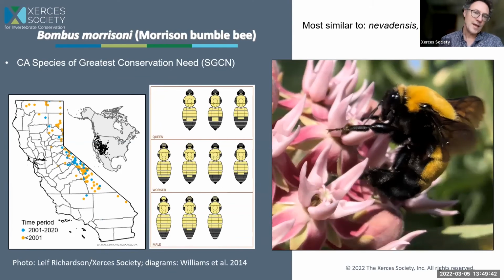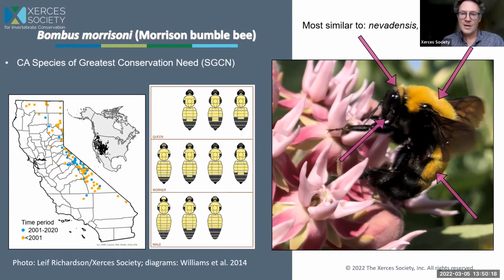This is a closely resembling species that is not doing well. This is Morrison bumblebee. It is on California's SGCN list. It's one of the 6 species we're really concerned about. It is yet another species that is mainly confined to the areas east of the Sierras, the east slopes and the valleys around Bishop and out towards the Mojave. This is a bee that is declining steeply despite a wide range in the West. It's not as rare as some of the species we're concerned about, but we're concerned about how quickly it is